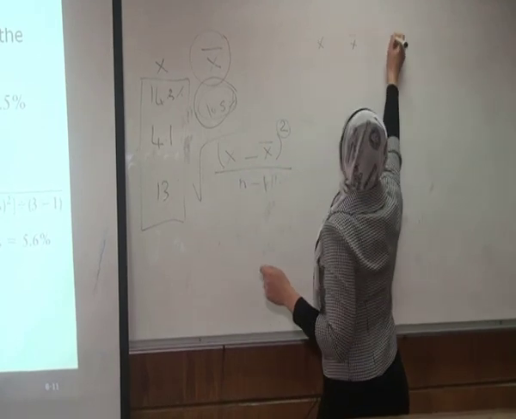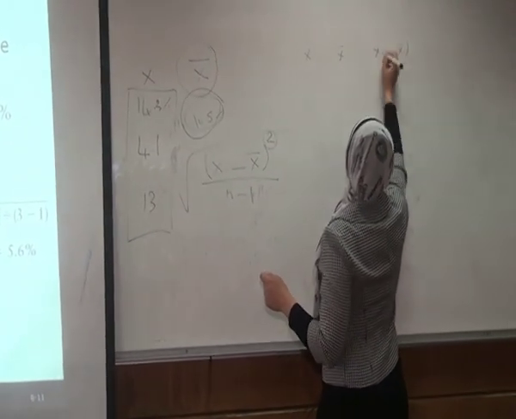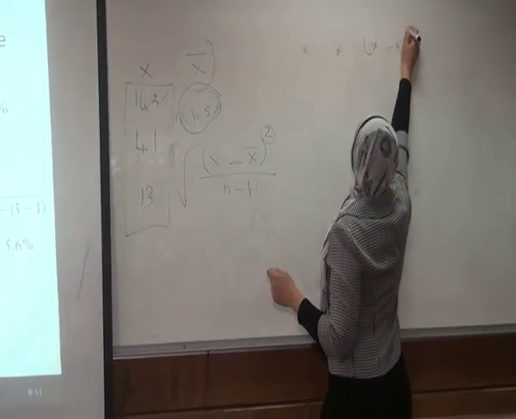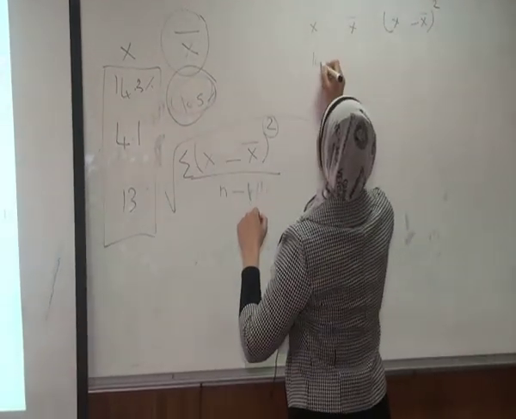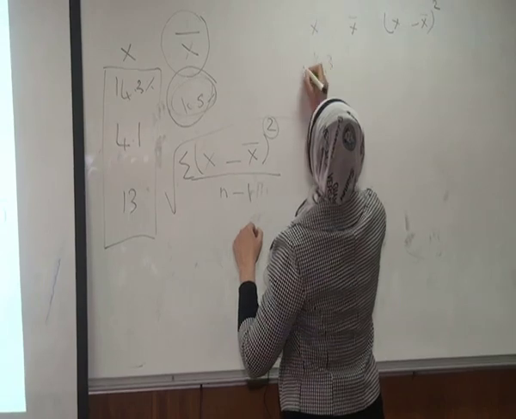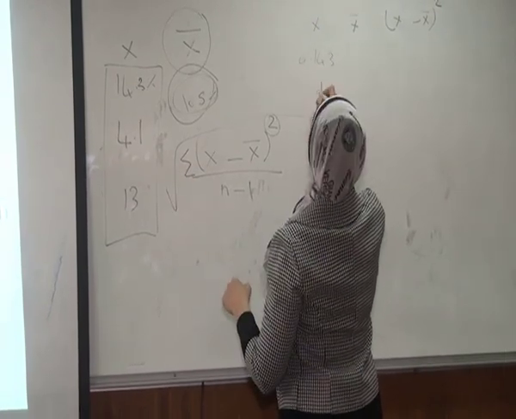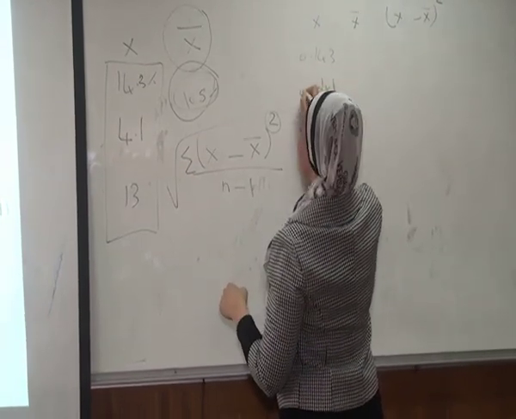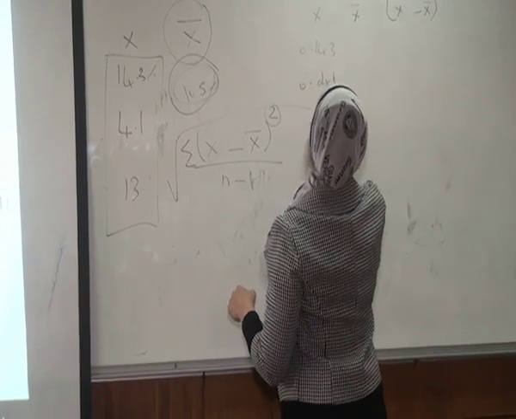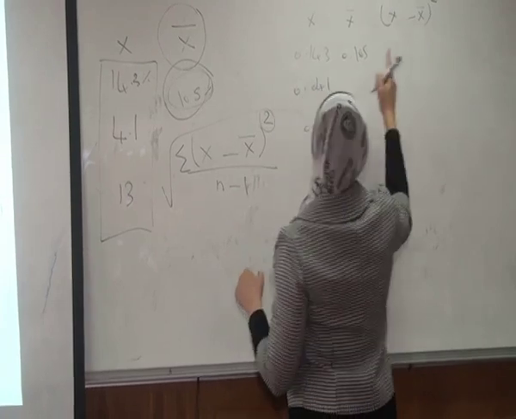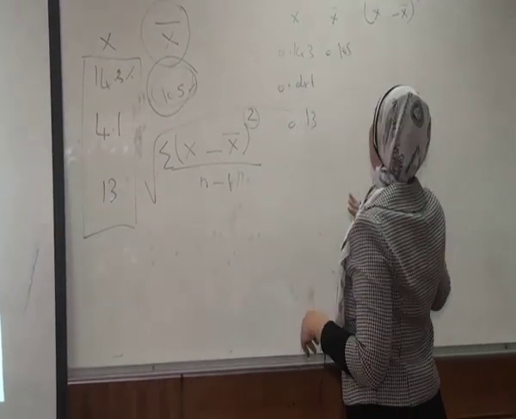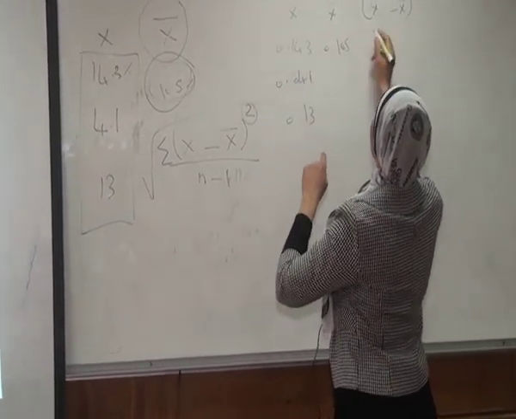We need to calculate x minus x bar power 2. X is 14.3, 4.1, and 13. X bar is 10.5, as we mentioned. So here x minus x bar power 2 is